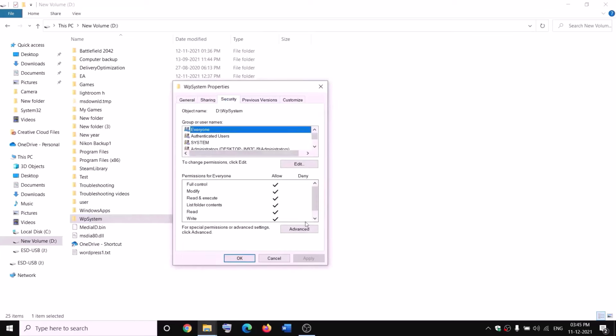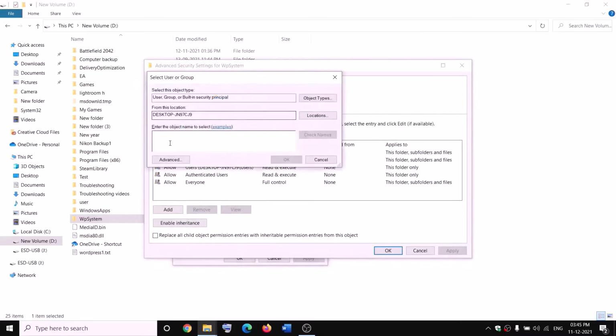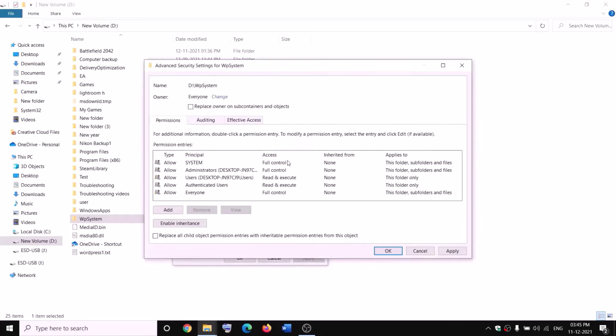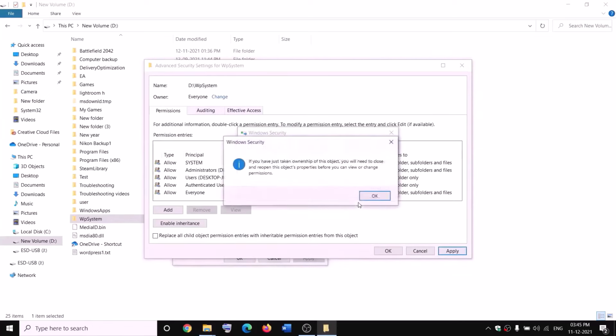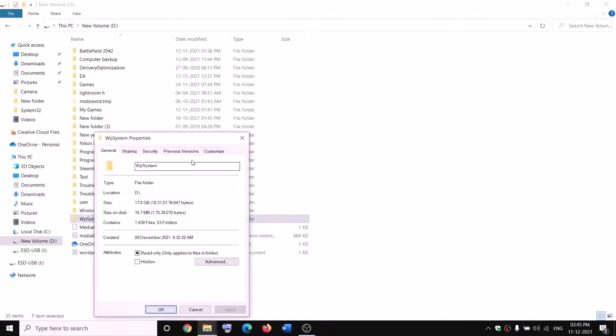So go to security tab and then click on advanced. Now click on change over here and then type in everyone over here, and then click on check names, then click on OK. Now put a check on the box which says replace owner on subcontainers and objects, and then click on apply, OK, OK, OK,